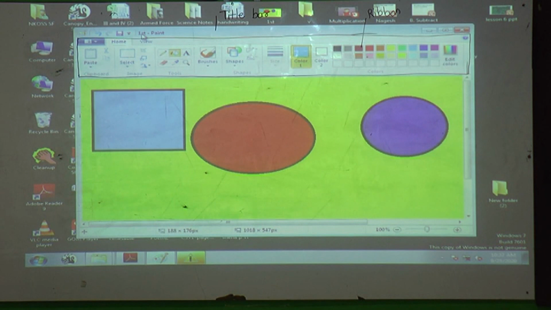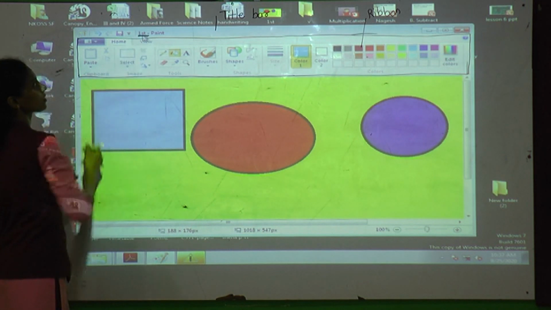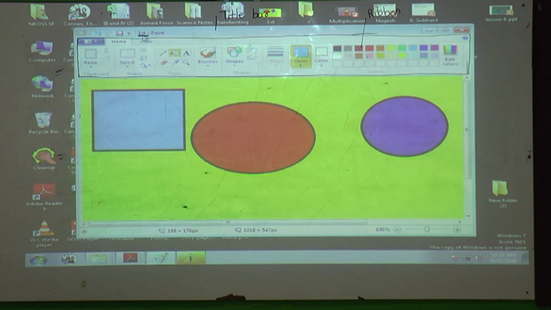You can see the changes. Before that, the title bar was showing Untitled, right? And now I gave First here. Then where is it showing? It shows here. First, you can see the changes. Why is it showing here? Because the title bar displays the name of the program. What does the title bar display? The title bar displays the name of the program, right? That's why it is showing in the title bar.